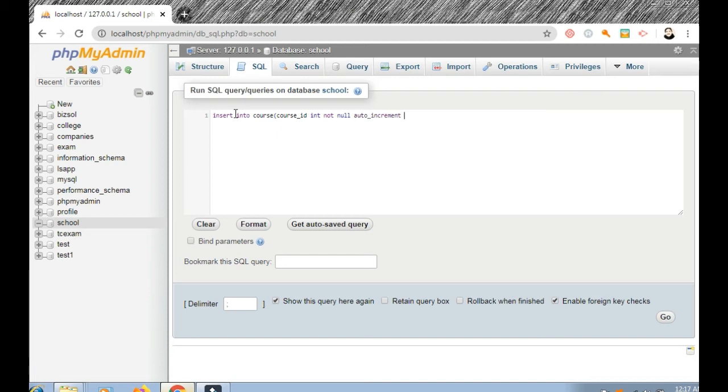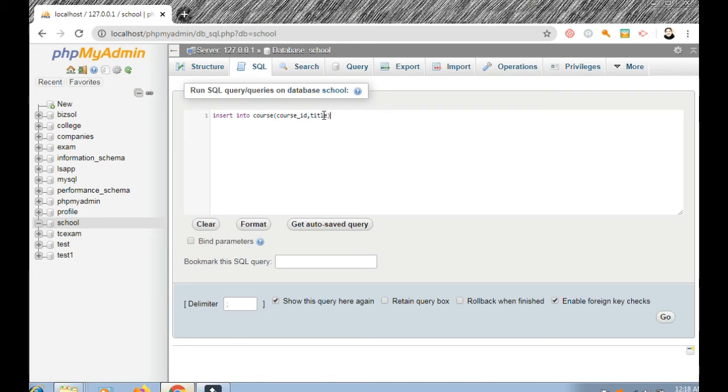And it is primary key, right? And then comma and title of the course. Okay, we are inserting. We have created. We are inserting it. Okay, we should use course ID. Okay, this is not create statement. This is insert. Okay, now we delete it and we only put title here.